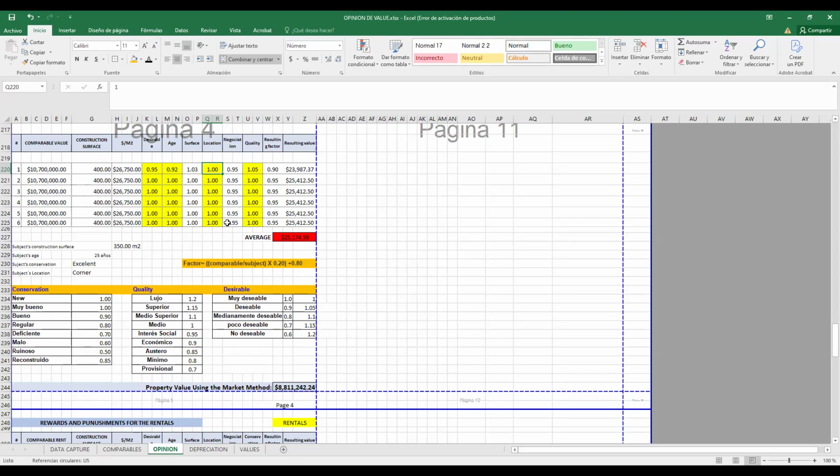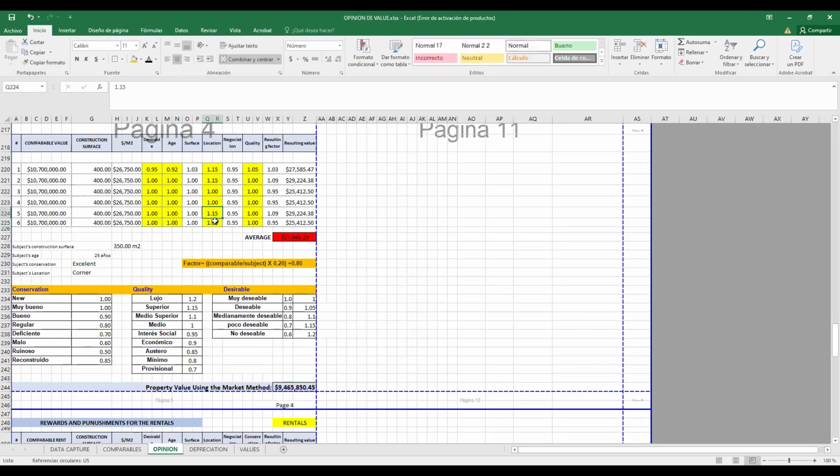Repeat: if your property is in the corner, residential, you need to put a reward here. What kind of reward? 50%. Why? Because you are in the corner. This is not in the corner. This is in the corner, so this doesn't need the reward.